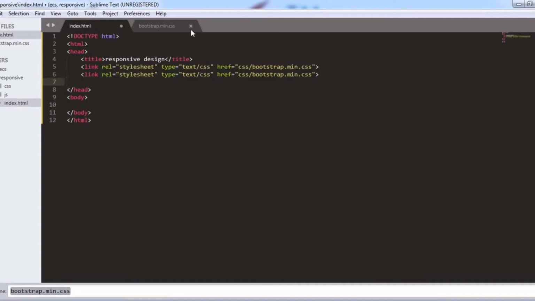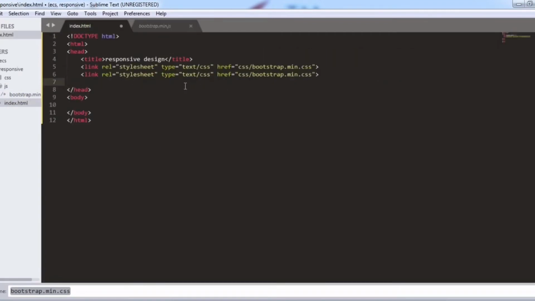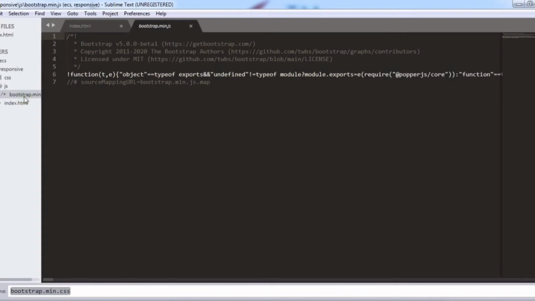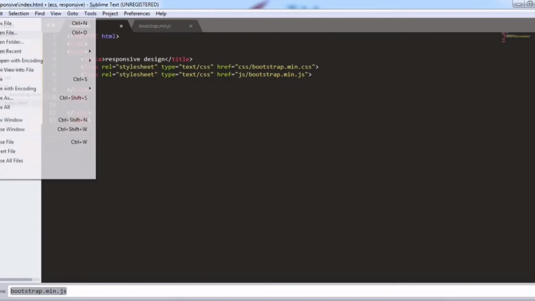And we will open the JS file. So here I will rename this file and will copy this file from here and will paste the link that is here. So we have to change that link. The file is named as JS and the other things are the same.